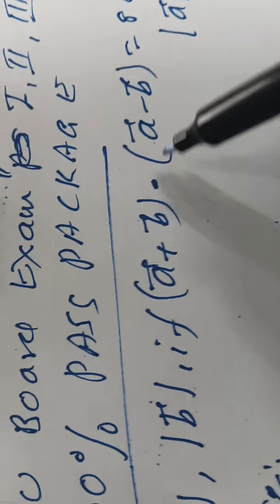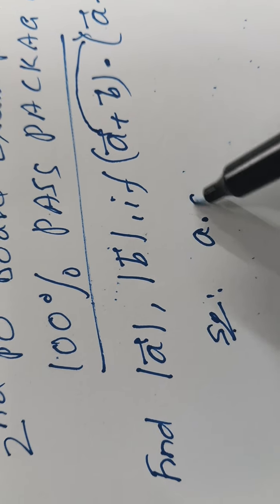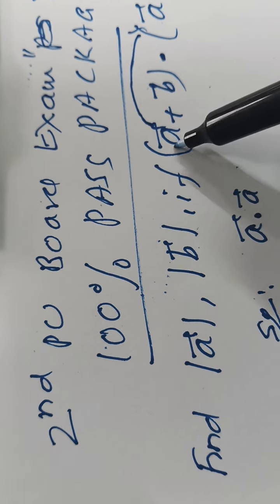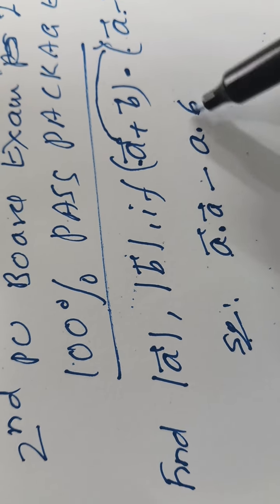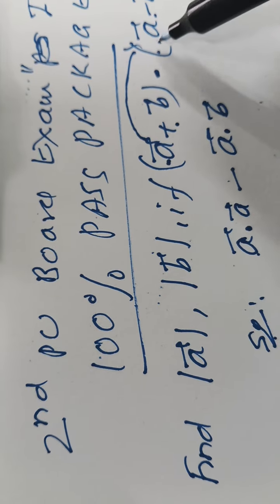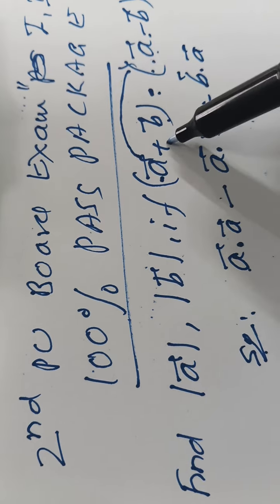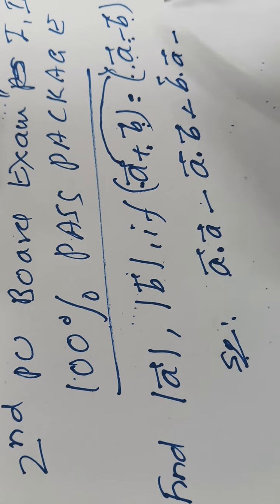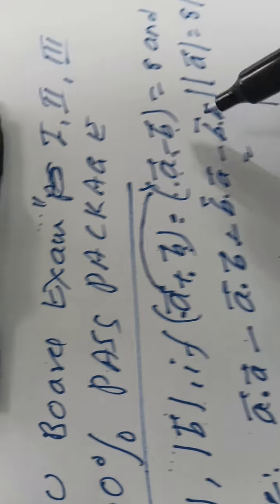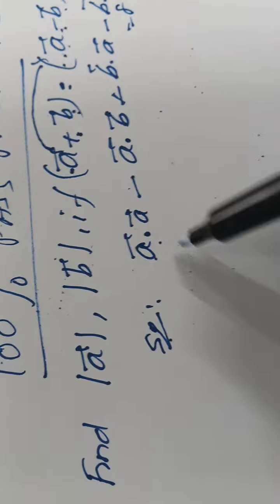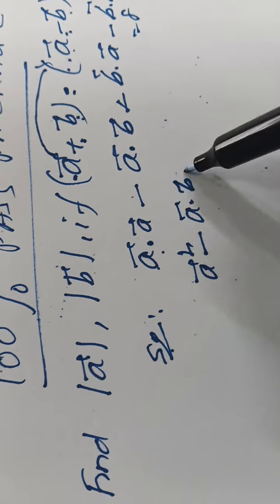Given (A plus B) dot (A minus B). Expanding: A dot A, plus into plus plus, A dot A; plus into minus minus, A dot B; plus into plus plus, B dot A; plus into minus minus, B dot B is equal to 8. A dot A is the vector A square, minus A dot B, plus B